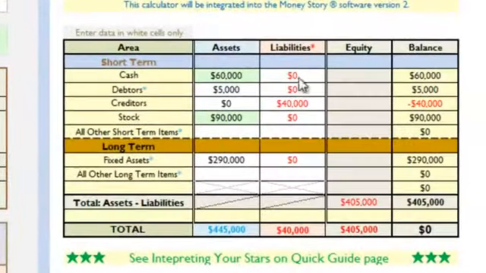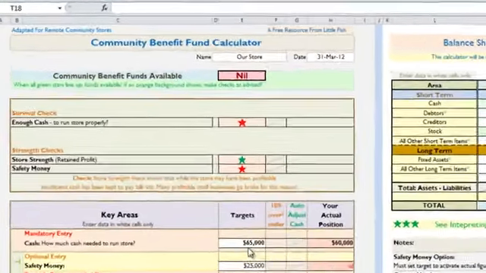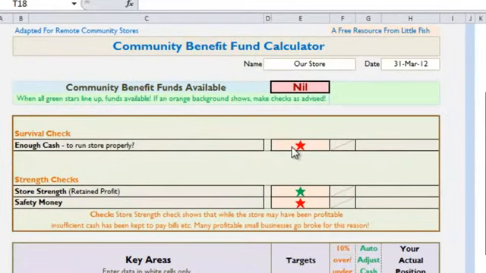In this fifth test, we've changed cash to 60,000 and we've increased stock a little bit to 90,000. And you can see that we have no safety money left. We're short of cash. And the calculator shows you very, very quickly: not enough cash. And it shows that even though the store profit is green, green star, good, because you're short of cash, it gives you a background here,